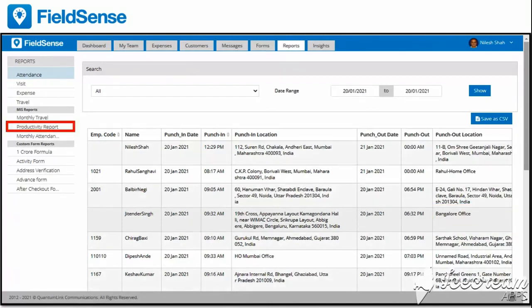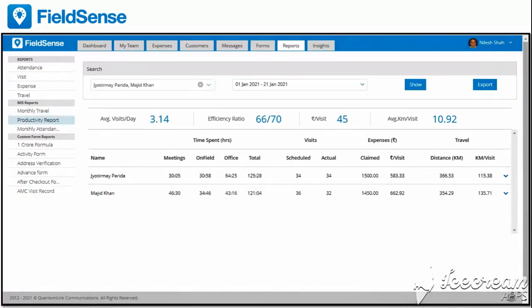And there's another option under the report section only, the productivity report. When you go to the productivity report section and select your users for a particular date range, then under time spent, there is a subsection called office.